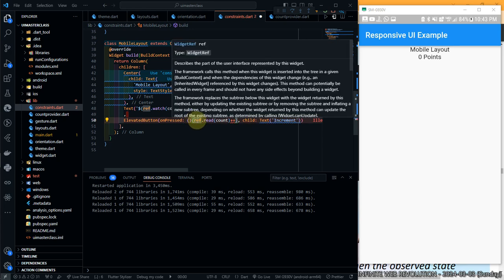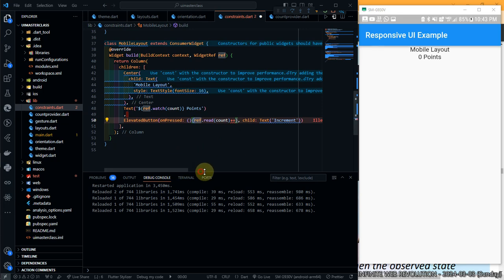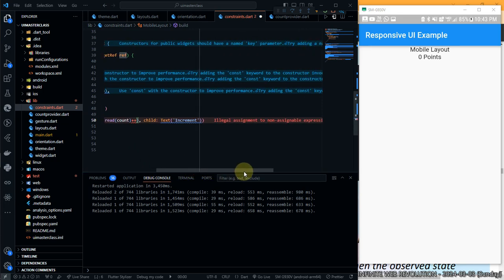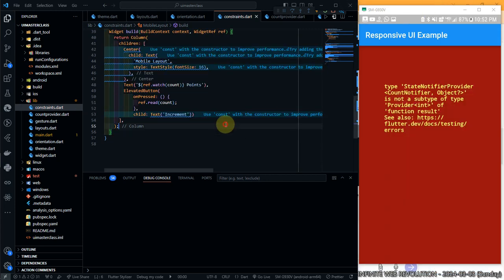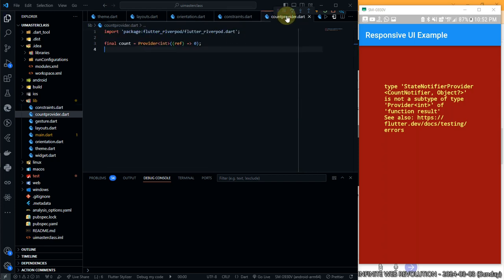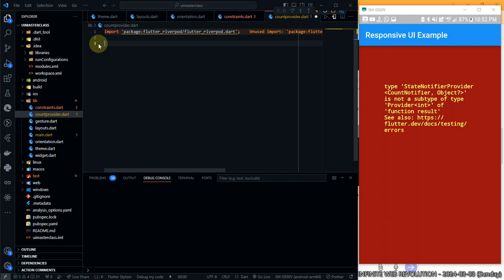Okay, this is an illegal assignment, a non-operatable assignment. Okay, so ref.read count. Okay, I will just say that. Okay, so let's see how to debug this. Okay, the implementation of provider does not actually give us directly the ability to update the UI, so we need to implement that. So what we can do in order to implement this is